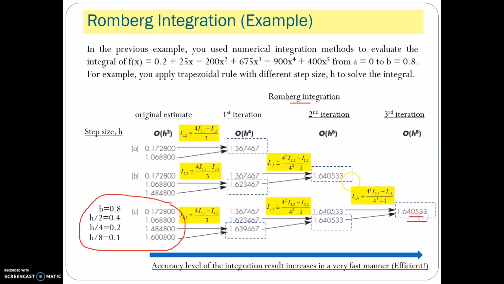You can see the result here is saturated at these four results. The integration result remains constant after the second iteration. Therefore, we are confident that the integration result is accurate up to 7 significant figures here. You can see the accuracy level of the integration result increases in a very fast manner from O(h^2) to O(h^8). Compared to the approach of increasing the accuracy by reducing the step size, Romberg integration is more efficient to compute